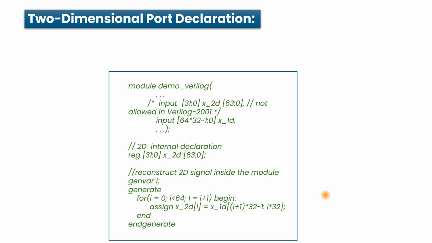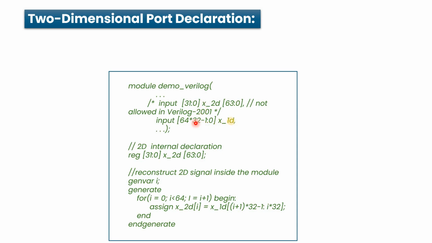Now let's move to the next important improvement in SystemVerilog, which is two-dimensional port declaration. In Verilog we cannot declare a two-dimensional port. For example, here we want to declare x_2d [31:0][63:0], but this is not permitted in Verilog 2001. So to have this kind of feature in Verilog, we had to use a different approach, which is we have to